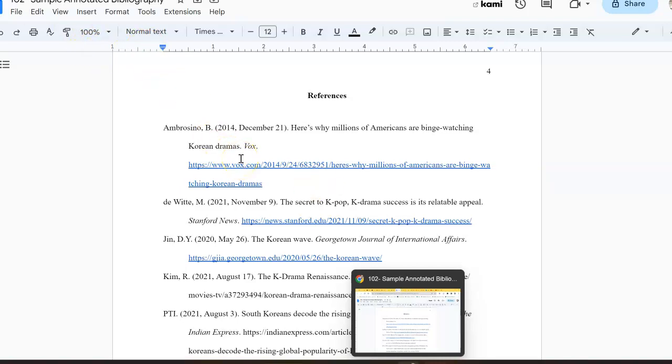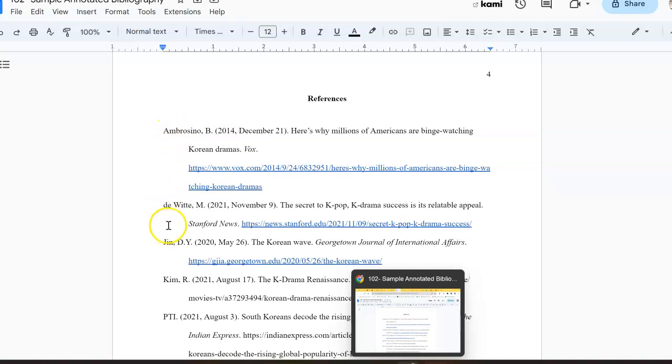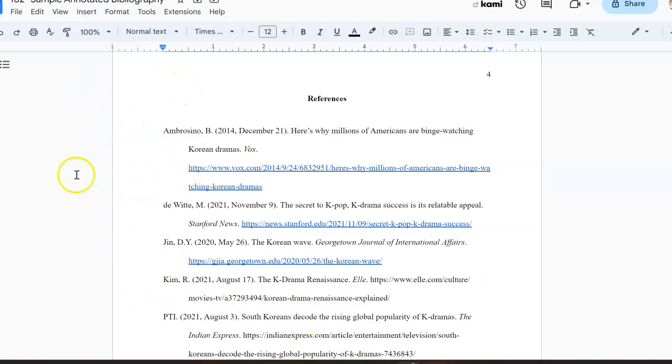Okay, make sure though that you don't just leave them off, even if you're using them. If you use them, make sure that you give proper credit to them. Okay. Also, remember that your works cited should be organized alphabetically with author last name first. So in mine, Ambrosino, DeWitt, Jen, Kim, and PTI are my author's last name, so I made those in alphabetical